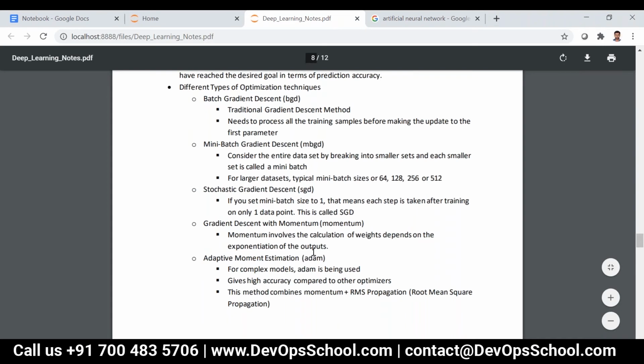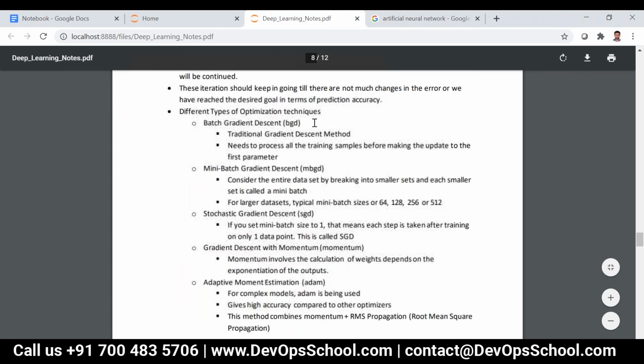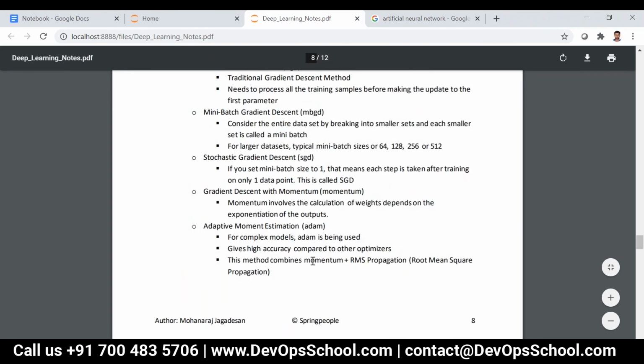For Adam, the functionality is like that: it will consider RMS propagation, that is root mean square, if it is a regression problem, and if it is a classification problem, it will consider the accuracy score. It will take care of that. So only momentum and Adam will consider the error scenarios, that is, those metrics.